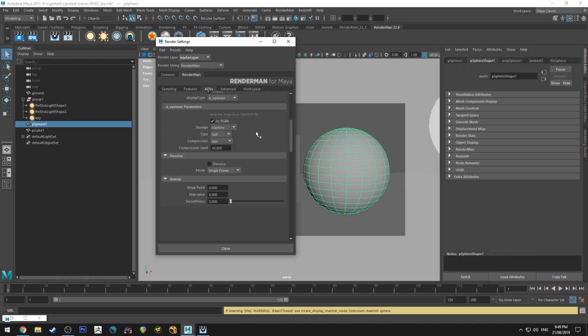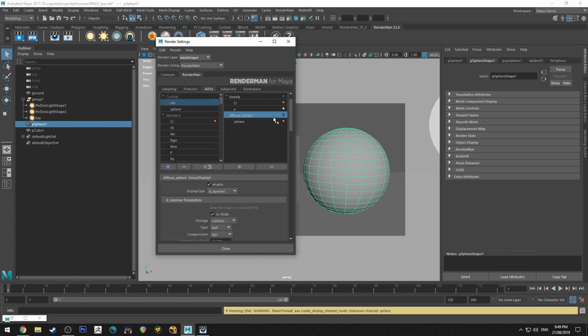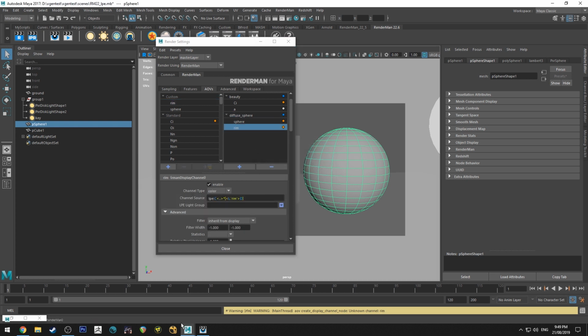And we'll add this into the diffuse display. So now we've got a rim in there. So if we IPR again, actually, yeah, that's right. So in the IT previewer, if you add them into the same display driver, it doesn't show up in the IPR. You can actually shuffle it out in Nuke still, I believe, but in this case we're going to have to create a new driver.